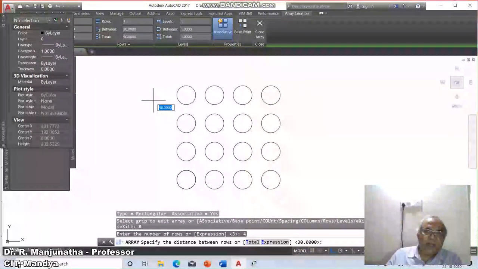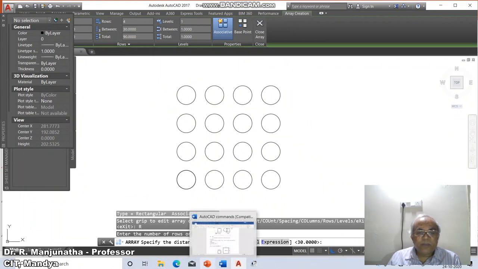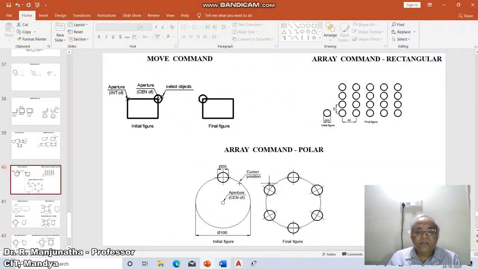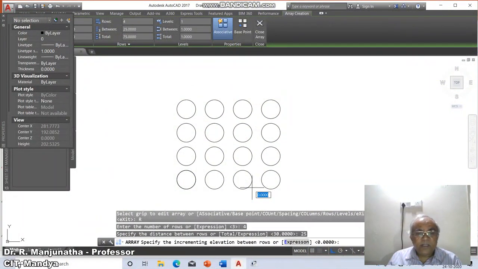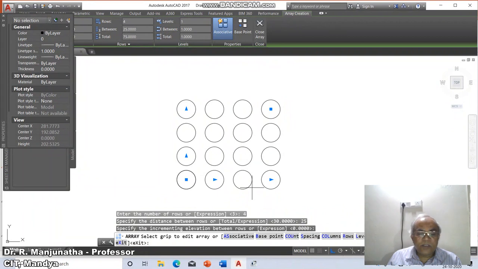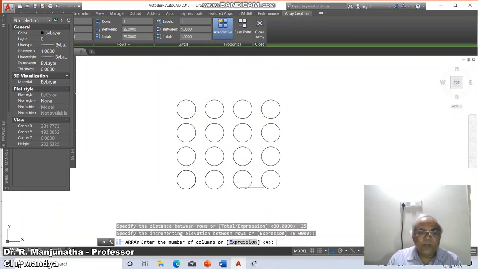So plus is in the y direction, so obviously the distance between the rows has to be a positive value. What is that? 25. So you take 25 here. Then incremental elevation between rows. There is no incrementing elevation, so I will take 0. Then I want the number of columns. I will say COL.